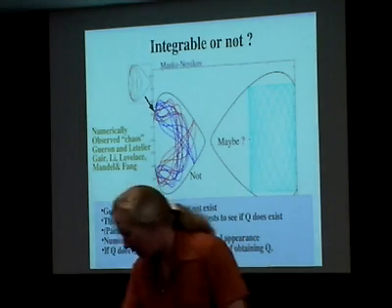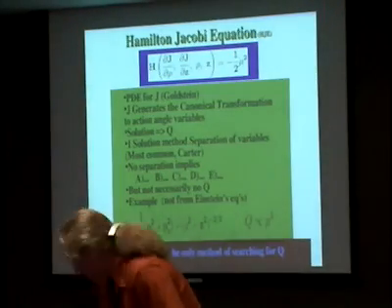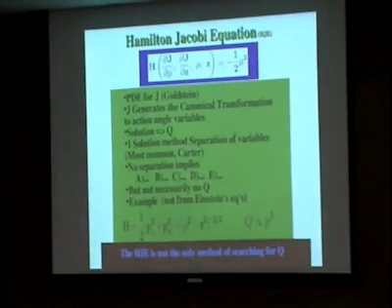Okay, so the question now becomes whether these things exist or not. There's been a paper, a numerical or analytic paper, that guesses the one. I guess you have two options: you guess they exist and you look for them, or you try and prove they don't exist. So there's a bit of confusion about exactly what to look for. One way of looking for a constant of motion is by means of the Hamilton-Jacobi equation. What you do is take your Hamiltonian and replace all your momenta with derivatives of a function J,